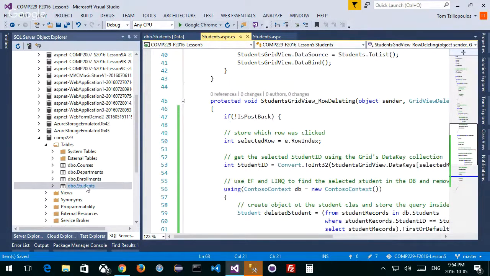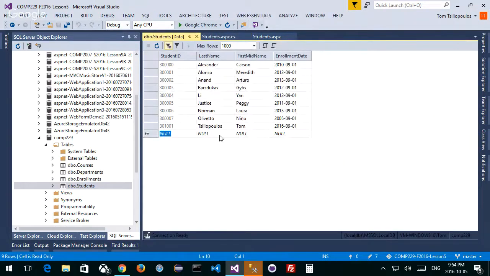Let's add that data back in. So I'm going to go back to this data. Notice that it's the old stuff. I haven't refreshed it. If I refresh this table, that Tom's gone. Let's put him back. It's too long to type my name, so let's put Smith, Tom Smith, 2016, 09, 01. Tom Smith, I'm a Canadian. All right, let's type it in and see what happens.